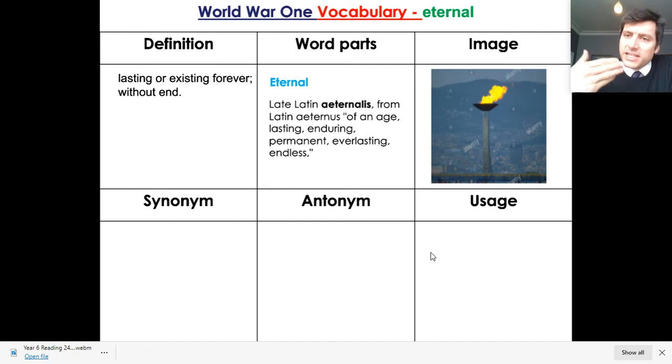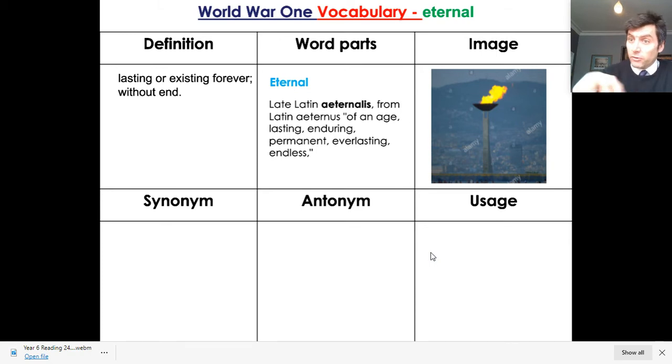And the idea with this flame is it never goes out. And that flame is from one of the Olympic cities. And the idea then, when the Olympics are happening in that city, the big flame is burning at the top of the stadium. I don't know if in 2012, when you would have been quite young, guys, maybe two or three, whether any of you saw the Olympic plane coming through Birmingham.